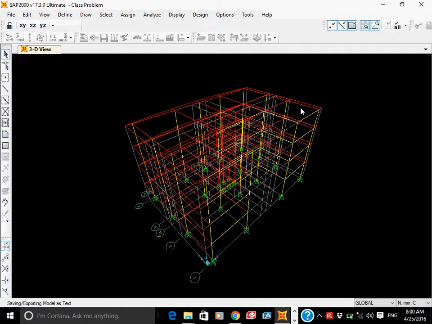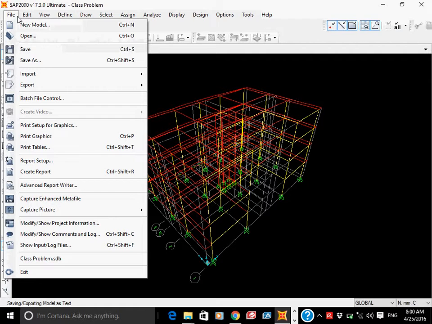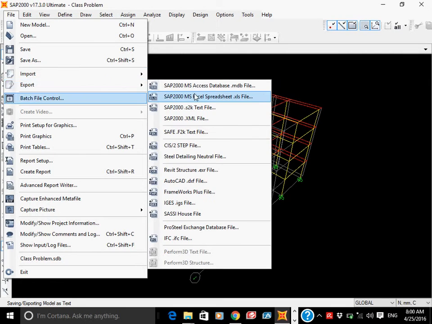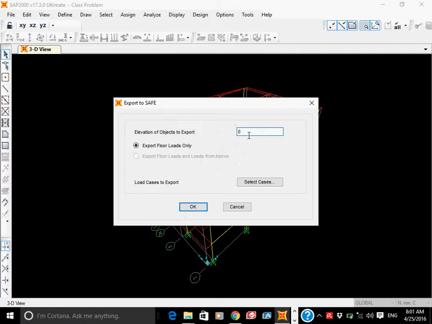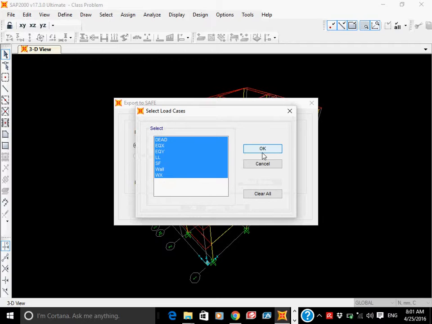Please tell me which floor I should export for you. Yes, for our model, because we have replicated the same floor everywhere. Go to export. Our first floor is at 4,000, next is at 8,000. Which one do you want me to export? 4,000? Okay, 4,000. Select the load cases. Anyhow, earthquake loads have very little effect on the slab design.